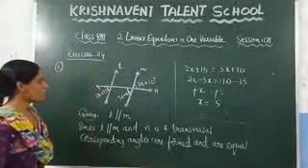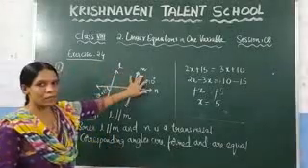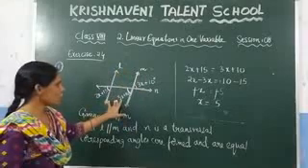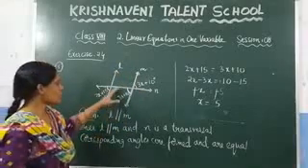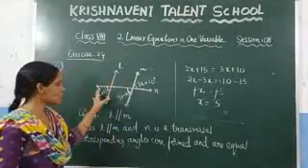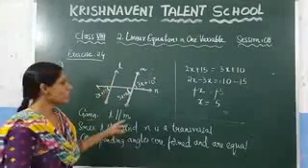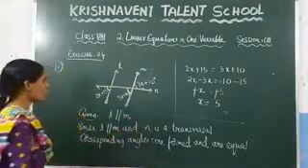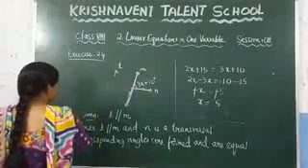Now, what they have given is L is parallel to M. Based on this concept, we need to find the value of x. Here we use the transversal concept, and you know that the corresponding angles are equal. Based on that, we found the value of x. Now see the second problem.